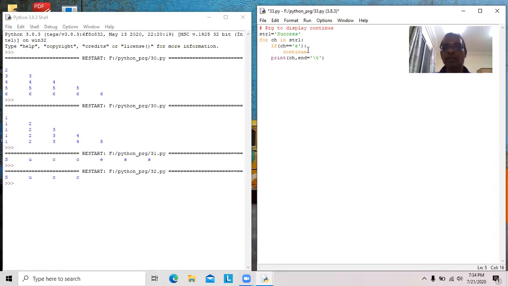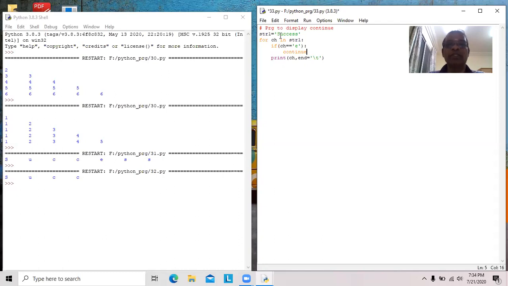Whereas continue skips the remaining part of the block of code in a particular iteration. It proceeds to the next iteration. This is the remaining part of the block after continue.